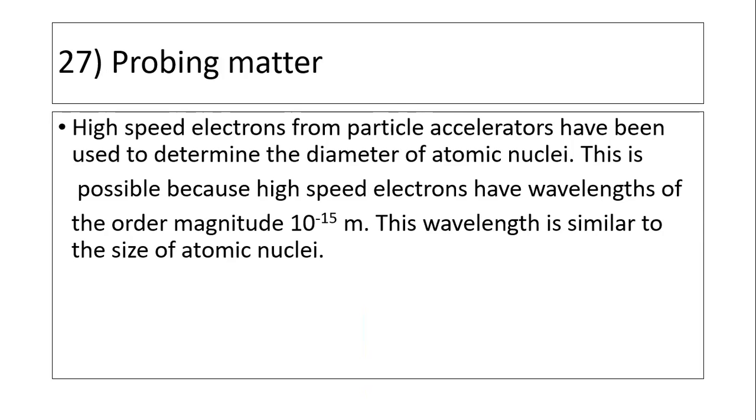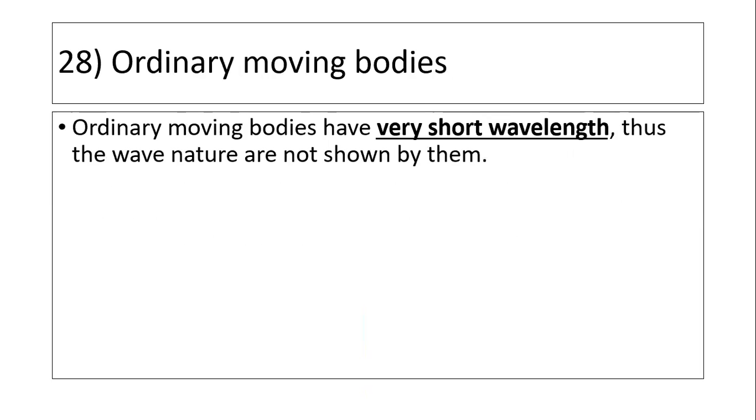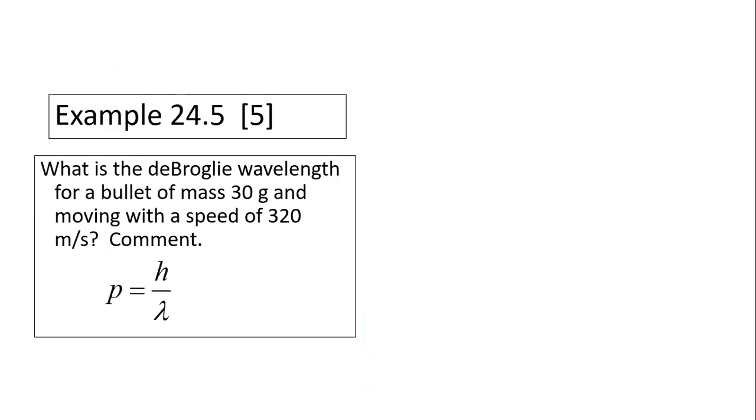Wavelength is similar to the atomic nuclei. Ordinary bodies have very short wavelength. Thus, the wave nature is not shown by them. Let's try to calculate using the formula. What is the de Broglie wavelength for a bullet of mass 30 grams